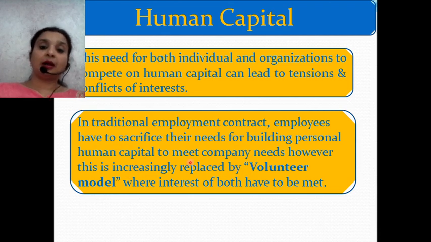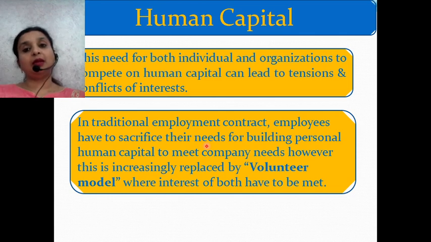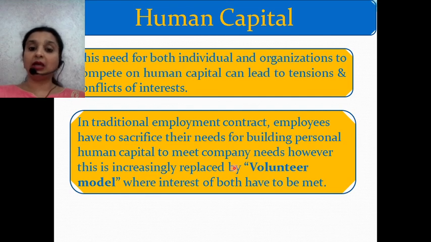तो इसको अगर हमें डिस्करेज करना है या इसको ओवरकम करना है, तो ये हम कर सकते हैं वॉलंटियर मॉडल के थ्रू. वॉलंटियर मॉडल जो ह्यूमन कैपिटल में हम यहाँ बात करते हैं, वॉलंटियर मॉडल इज लाइक एमबीओ, दैट इज मैनेजमेंट बाय ऑब्जेक्टिव. तो वहां पर क्या है, in volunteer model, interest of both the parties, the employee and the employer, they have to be met. And in that case, both will be happy. Employee will be focusing on the personal objectives, including the organizational objectives, and the organization is also in a position to achieve the organizational objectives with the help of this volunteer model or the mutual understanding of goals by both